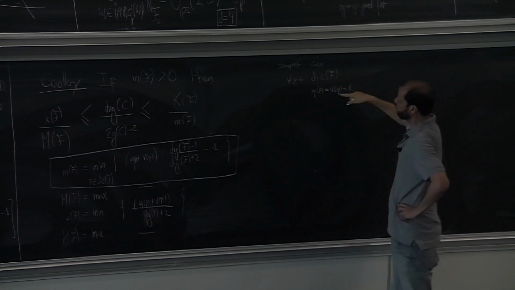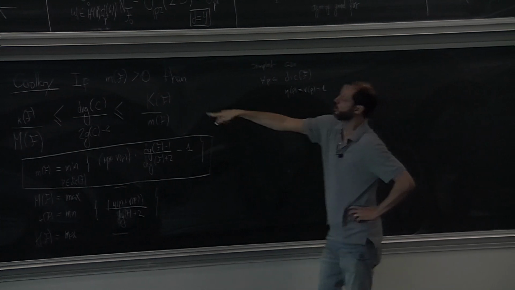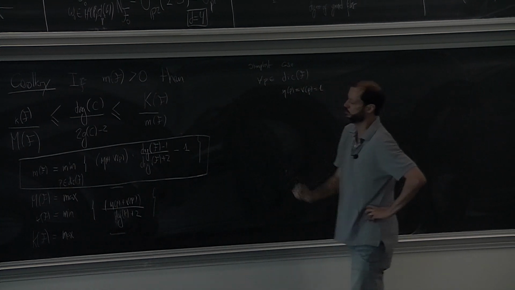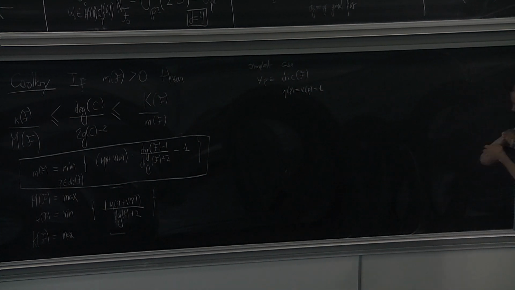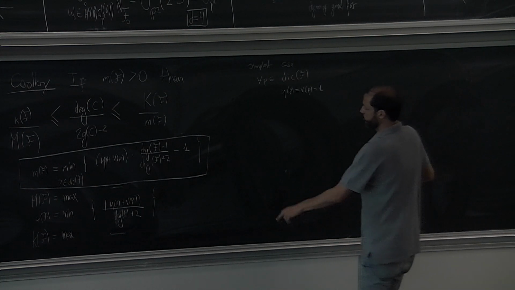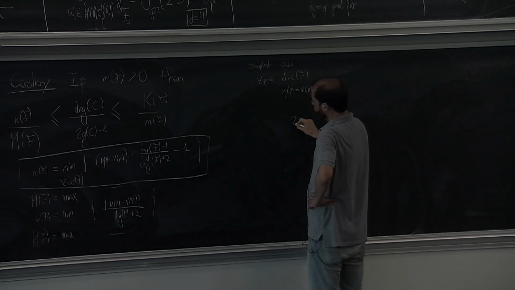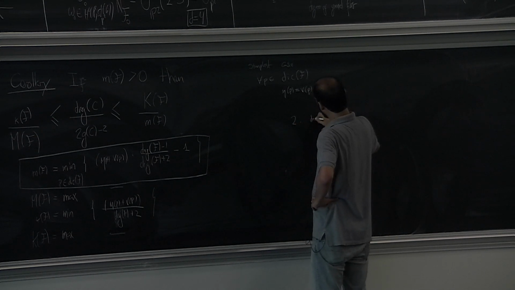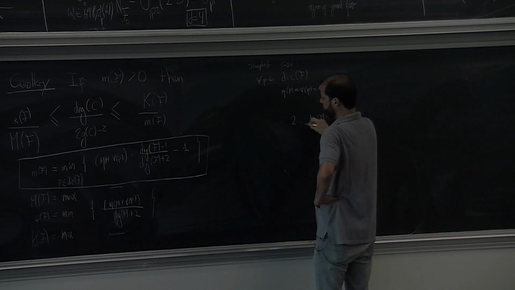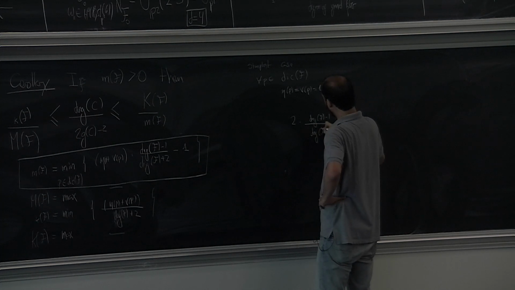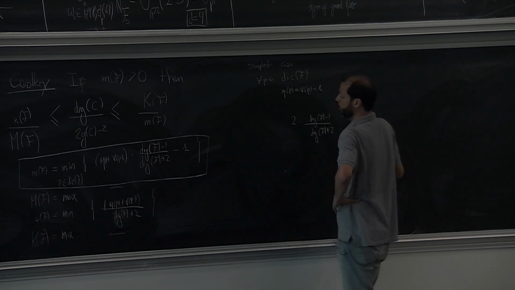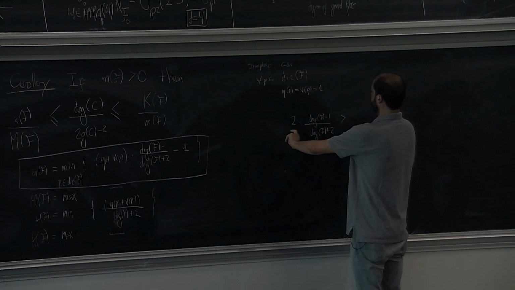Indeed, Poincaré in his paper only deduces the corollary for this case, but then it's easy to see what you have in this particular case. In this case, what are we saying? We are saying that if 2 times degree of f minus 1 divided by degree of f plus 2 is greater than 1,